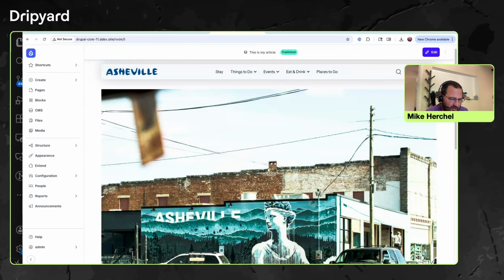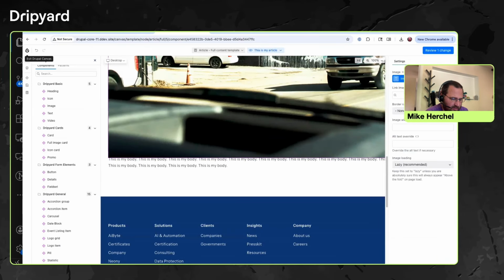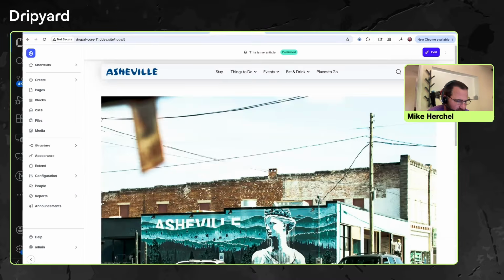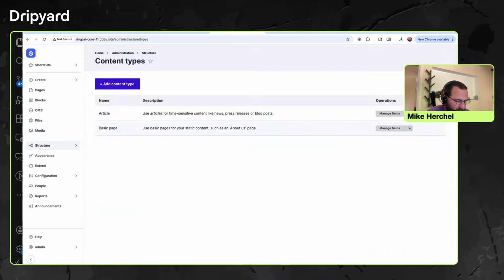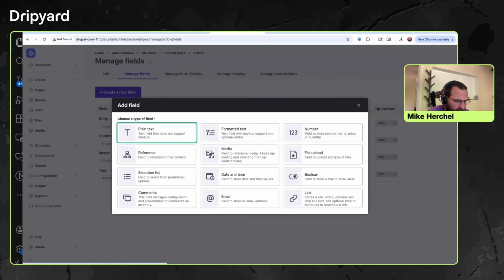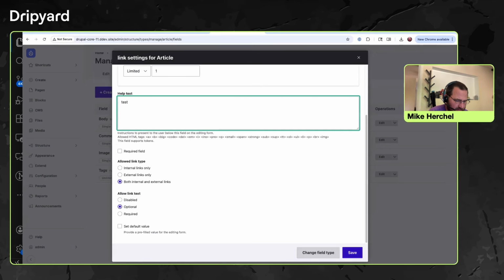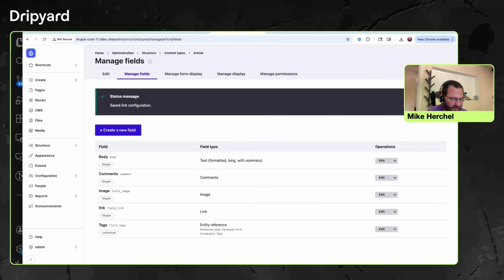We have a couple of fields here that we can't really use, for example the tags field. Right now, Canvas cannot map data to a tags field. It cannot map data to a link field, which means that if I go into my content type, manage fields, and create a regular link field, call it test, leave all the defaults in here, and populate that, Canvas does not